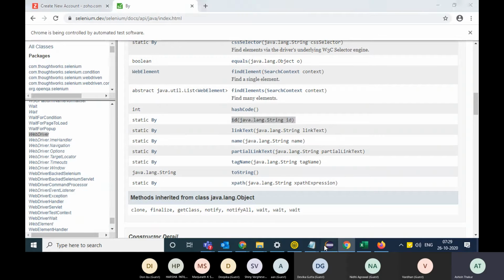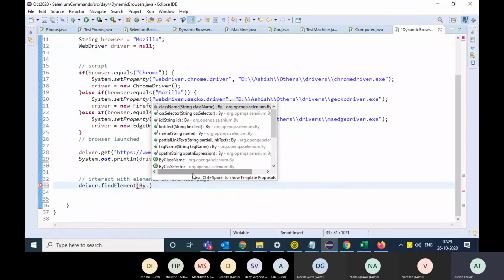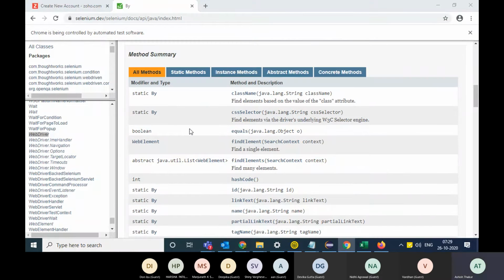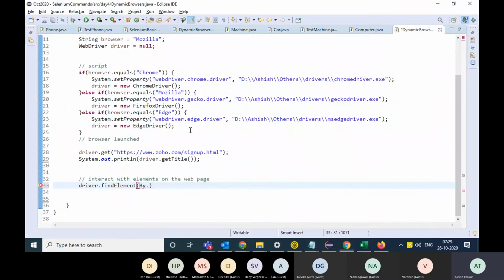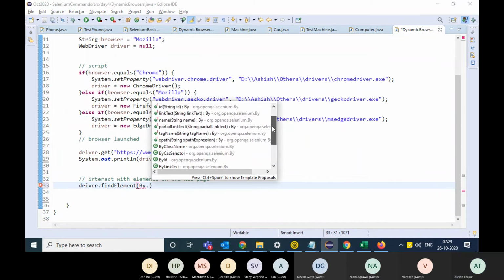Okay, so if you write over here By, which criteria, By dot, everything in this class is static. All these functions are static. You can directly call them with the class name. Okay, driver dot findElement, by which criteria do you have to find the elements on the web page?